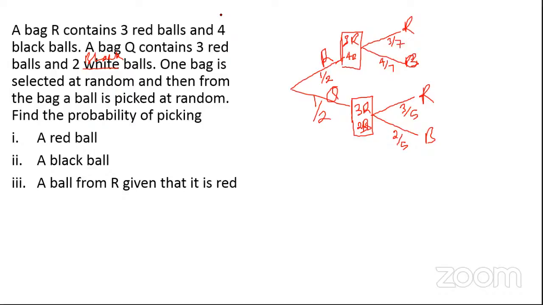Seems there is none. Now we are going to find the probability of picking a red ball. So this is red, this one is also red. So for the first one, the probability that it is a red ball will be probability of bag R intersection red, okay? Or, which means addition, probability of Q